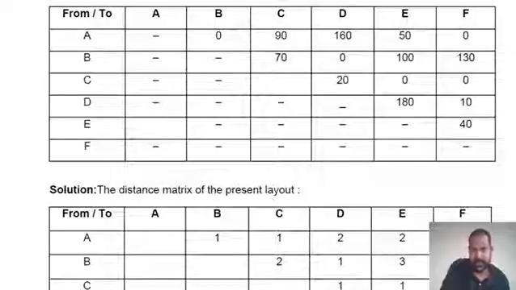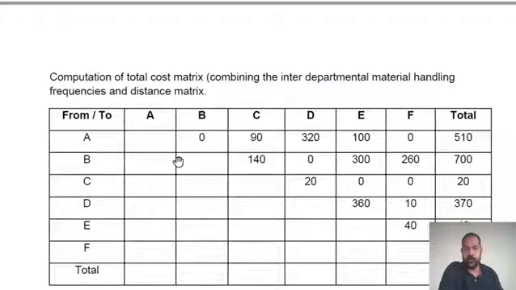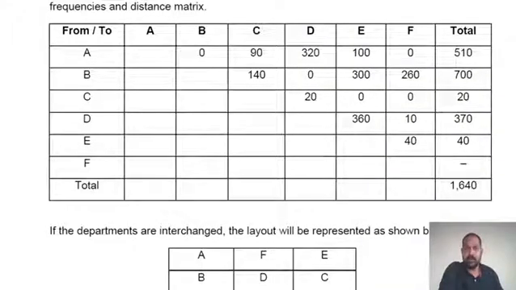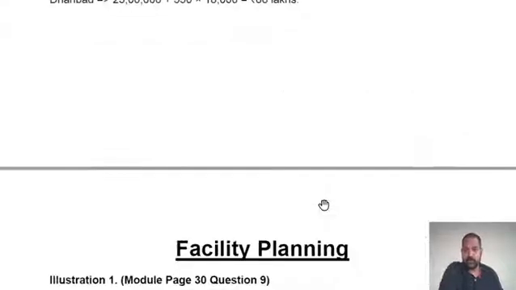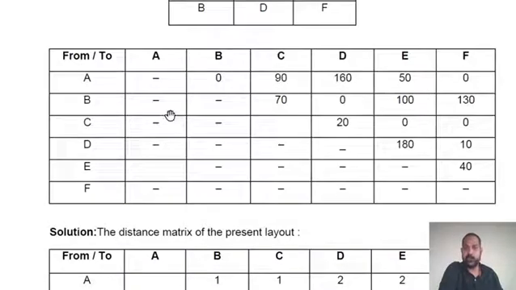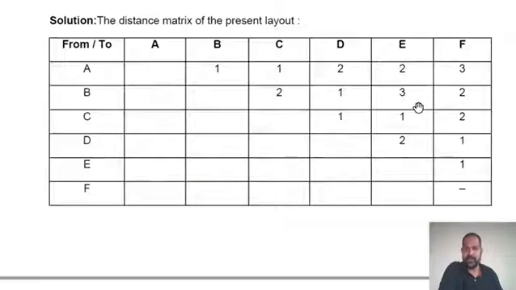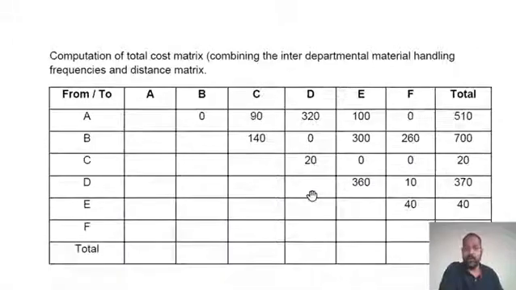Let's quickly check what they have in the solution and then let's continue. The first matrix given to you here is the load matrix or the frequency matrix. Then I have calculated something called a distance matrix for the present layout. After that, I combined the two and created a load into distance. And then I took a total,